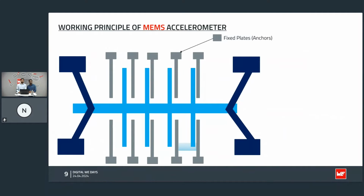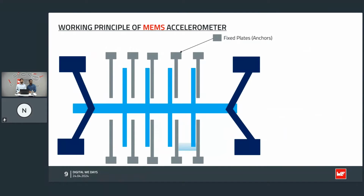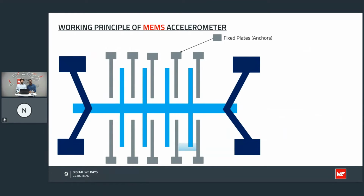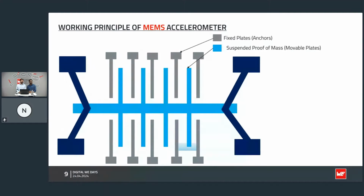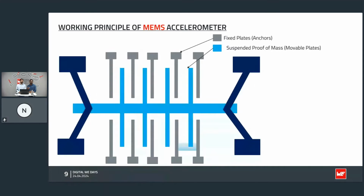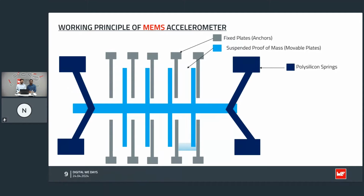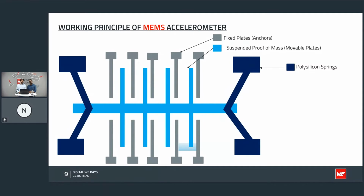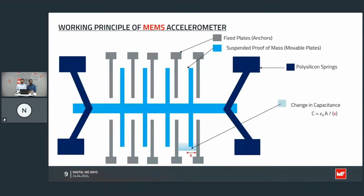This is a visual representation of the internal working of a MEMS accelerometer. So the gray parts are the fixed plates, which do not move at all and are fixed to the housing of the sensor. And the light blue part is the suspended proof mass, which can also be called the seismic mass. It also consists of movable electrodes attached to it, and these electrodes move whenever the sensor experiences an acceleration. And this proof mass is suspended to the housing of the sensor using polysilicon springs, which are shown as the